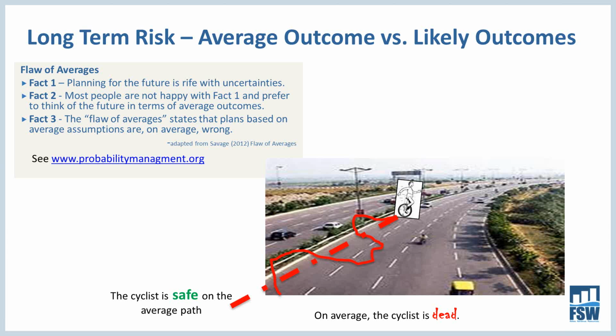You'll note we have our balancing unicyclist here. Often a lot of financial planning is done based on average volumetric sales going forward. And if the cyclist stays on that path, he's safe. However, you can also observe that given the expected variability, that cyclist is going to be quite dead. Next slide.